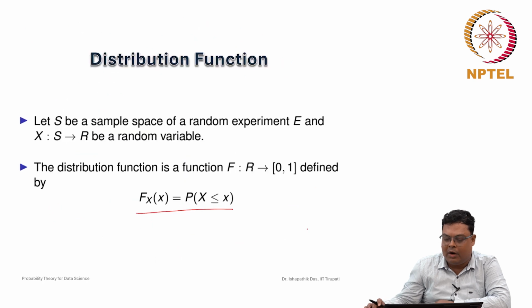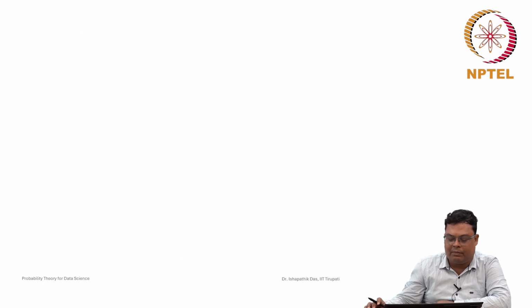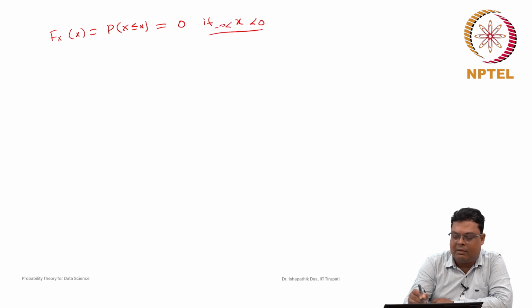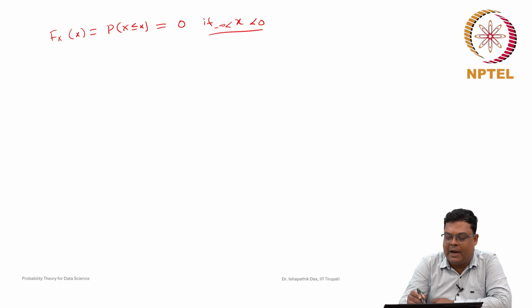So, that is why we found that for this distribution function, for this example, F(x), that is nothing but probability of X less than or equal to x, this is nothing but 0 if x is less than 0, greater than minus infinity. Note that we are not finding the probability of this interval, we are taking one value from here and putting this value here, and then we are finding the probability of this interval, and we saw that if this number is any value in this interval, then this probability will be equal to 0.